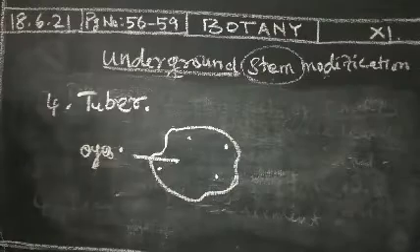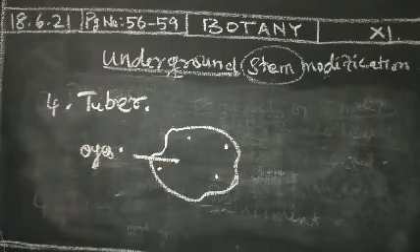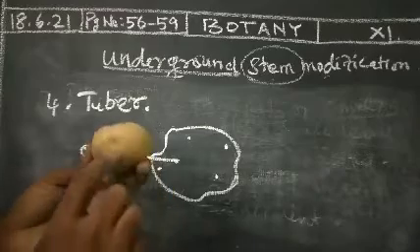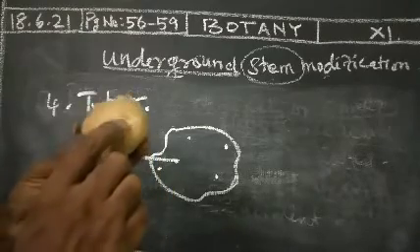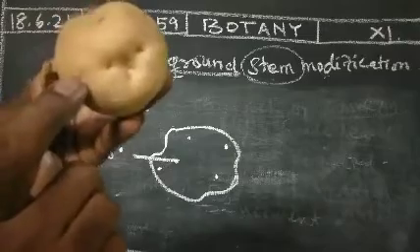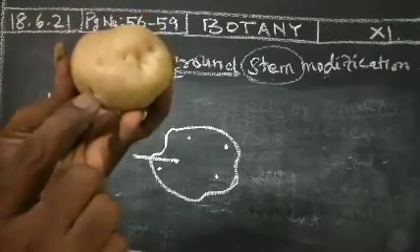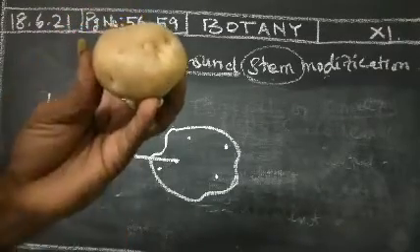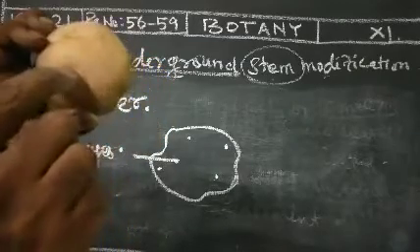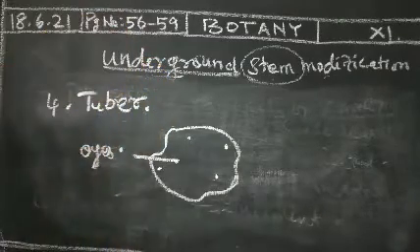It is a tuber. Some eyes also will be present. You can see the tuber. Some notches will be present in this area. These are nothing but eyes. Here, in this area, the plants will produce. Some of the leaves also are produced in this area. These are nothing but the eyes area.